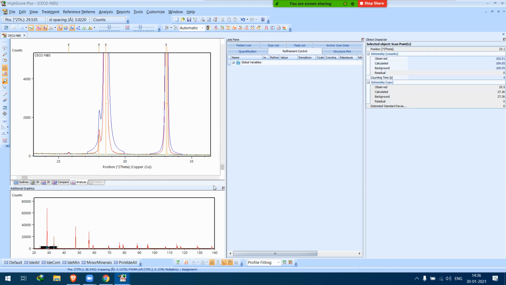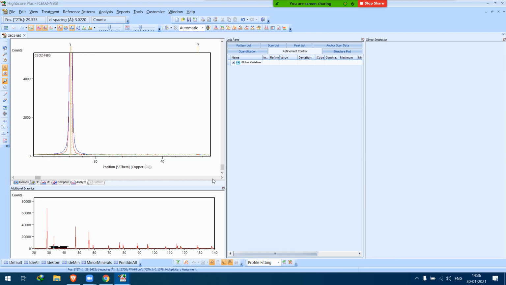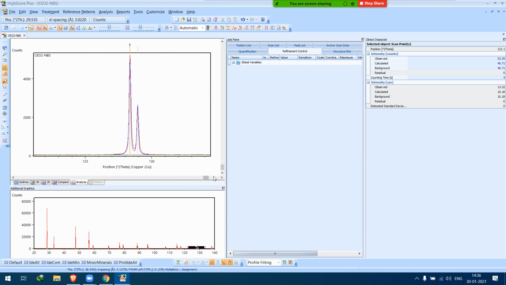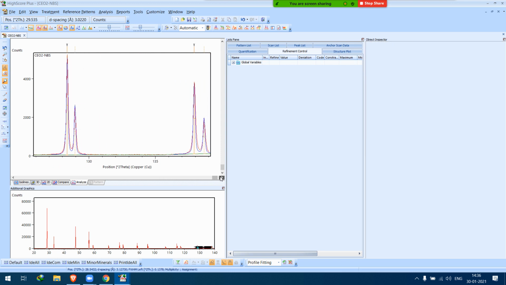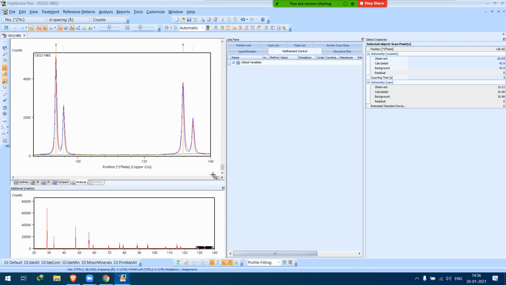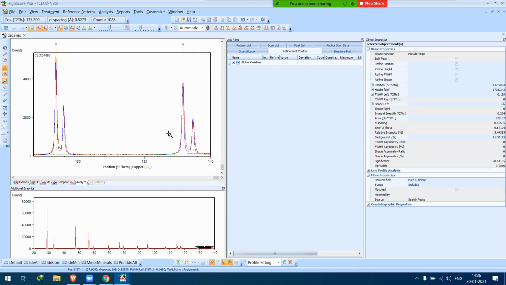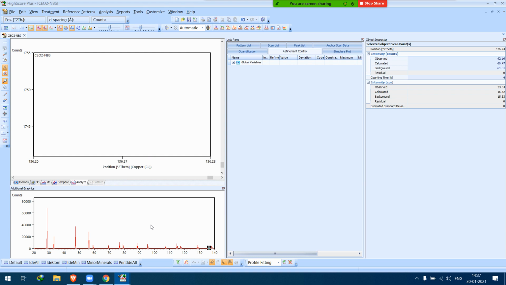Okay, I'm happy. All the peaks have been marked. So again, what I'm going to do in the additional graphics, I'm going to choose difference plot.